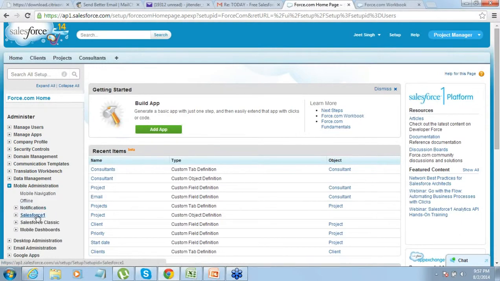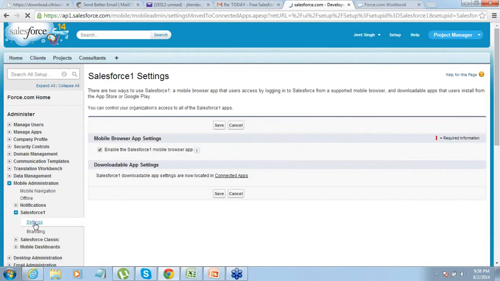You will see this option called Salesforce 1. Under Salesforce 1, go to settings and make sure the mobile browser app settings are enabled. If this is enabled, that's it. That is all you need.